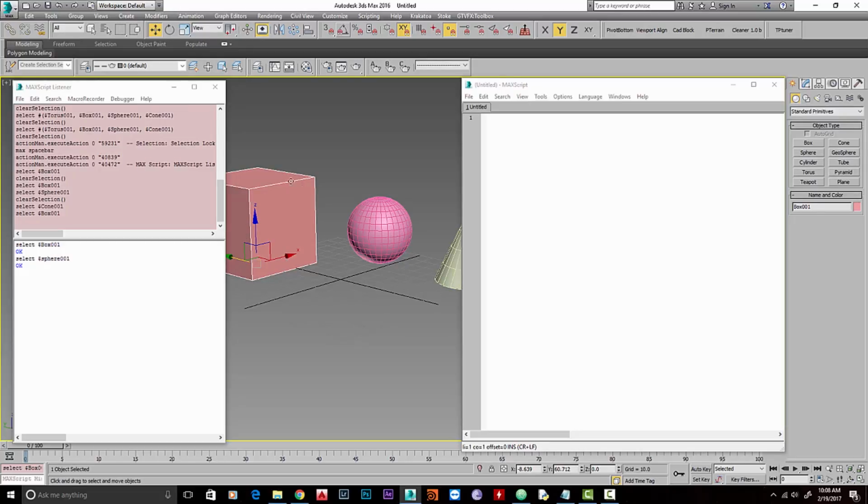Now if I want to adjust the pivot of this box right here, what I can do is $box01.pivot, which will give us access to the pivot of the object, equals to, and I'll just give this box here because the pivot's value would be a 3-point value, which means it's going to have X, Y, and Z value. Okay, any object is like a vector, so it has 3 points, and when we are giving a 3 points value, we'll need this big bracket right here. And what I'll do is